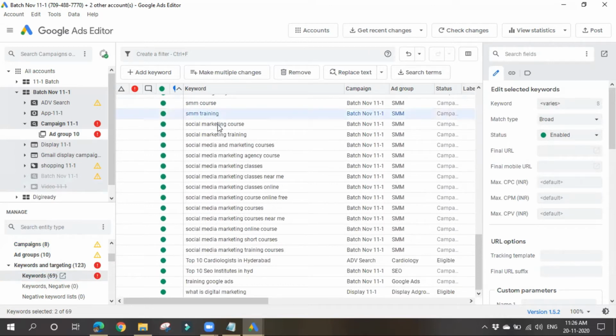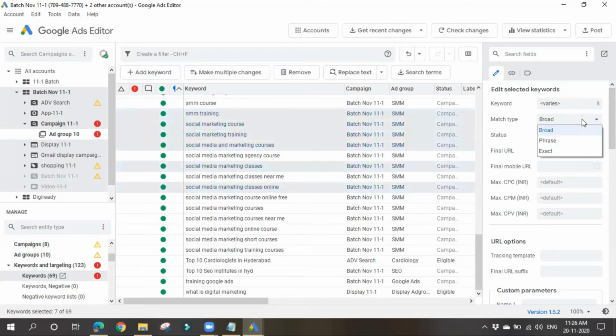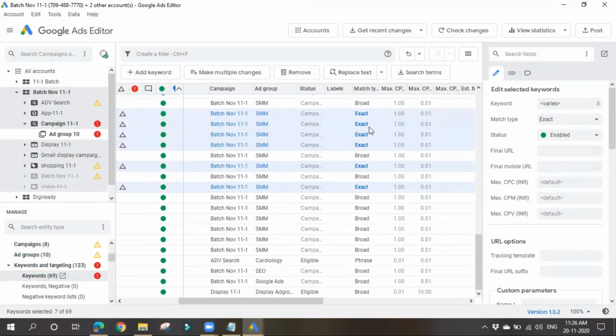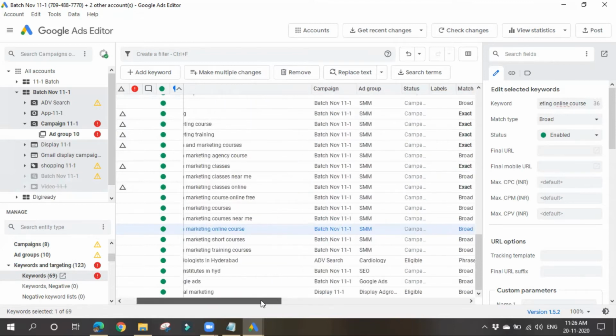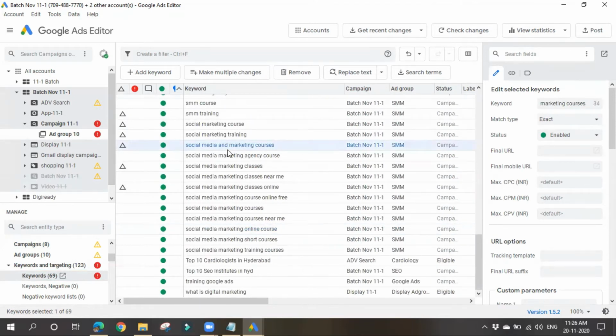Simply hold control and choose whatever keywords you want, and you can change their match type to exact match. See, exact. All the things you have changed will be shown in bold. Like this we can make multiple changes. You can also change their names at a time, along with the match type.